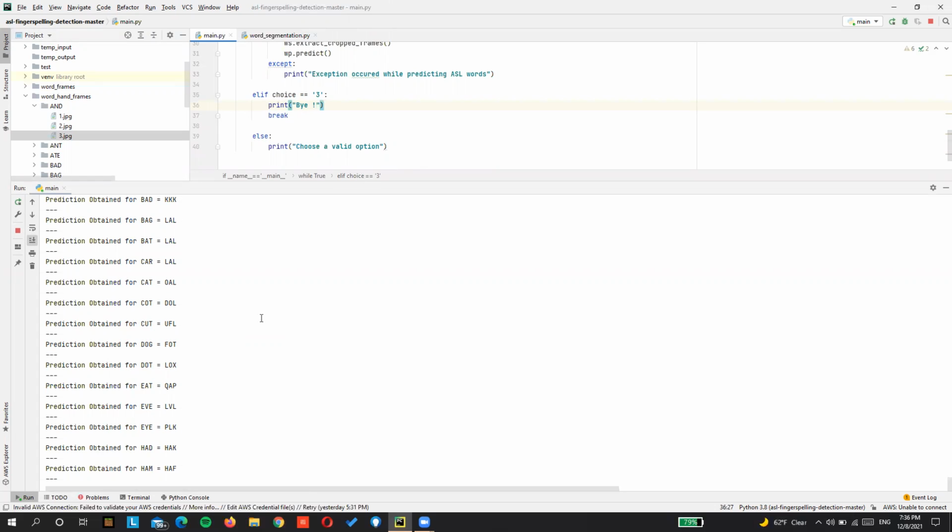The word prediction file is also using the same CNN model that is used for the ASL alphabet prediction.